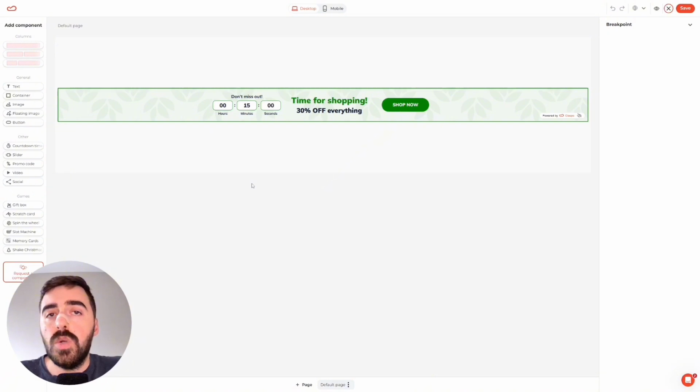Now, if you want to add additional elements to your countdown widget, on the left hand side of the screen here, you will see the component section. So here you will find columns, you'll find text, container, image, floating images, buttons, as well as some other elements as well. In my particular case, I want to add some social media icons for all my social media platforms